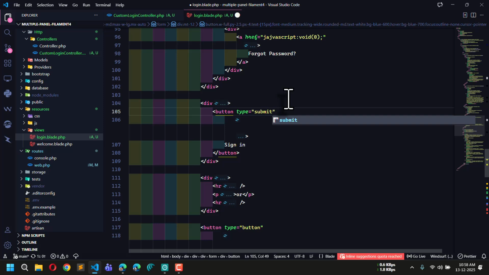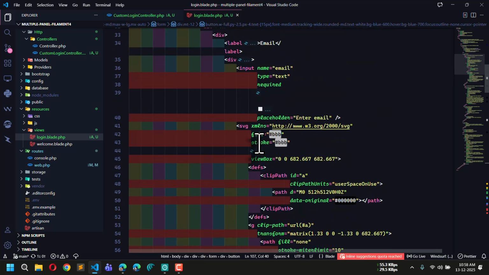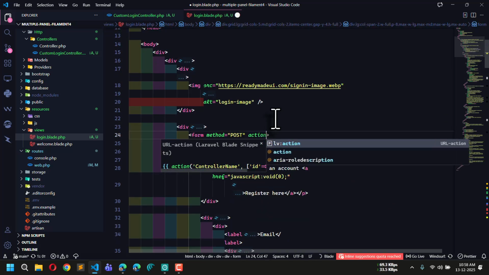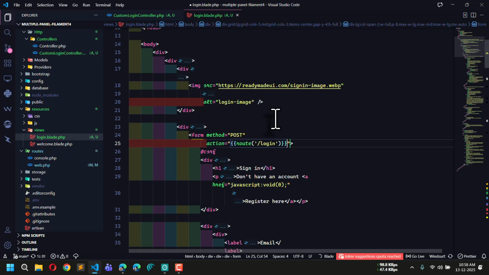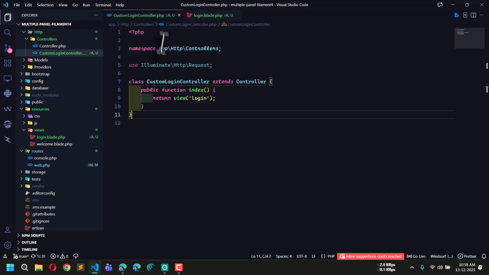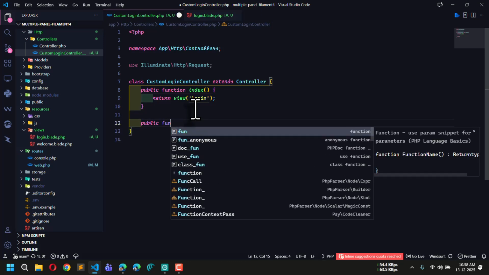Okay, and now here in the form I will also use action, and here I will use route login. Okay, now let's click on open custom login controller page. Now here we have to define the login method, so just write public function